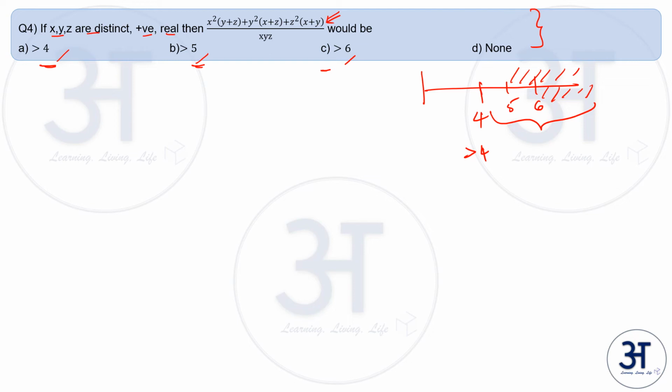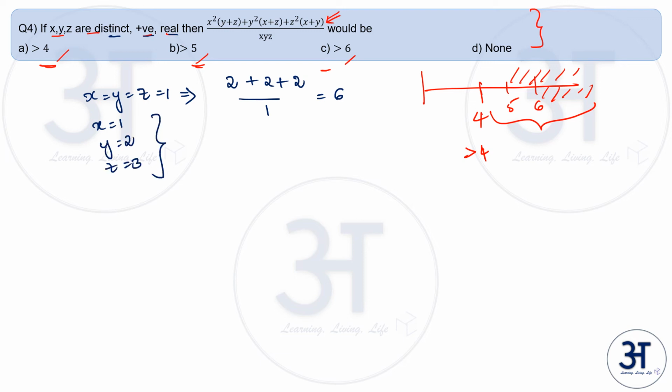one who is very good at numbers, you can directly answer this question, because for these kind of expressions, you see the lowermost or the highermost value happens when x equal to y equal to z equal to 1. For those who practiced it very well, only then you will be able to take this call. And once you substitute that, you will get 2 plus 2 plus 2 by 1, which is 6. And here, because it said that it is distinct and positive and real, you can take any value, x equal to 1, y equal to 2 and z equal to 3, and see what the value is giving. And if it is greater than 6, then you can safely go with this answer.